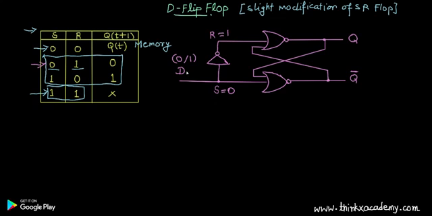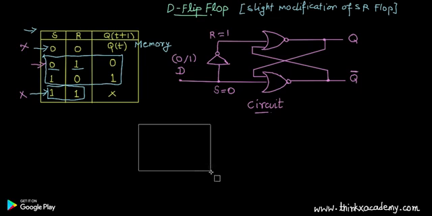In this manner, we have introduced a single signal, or a single input, and this basically removes these two undesired conditions. We do not want this condition and this condition in the data flip-flop. The data flip-flop is basically storing the data, and it is storing the data by maintaining the state at 0 and 1. So this is our D flip-flop. This is the circuit diagram of the D flip-flop, and let's make the characteristic table of the D flip-flop, which